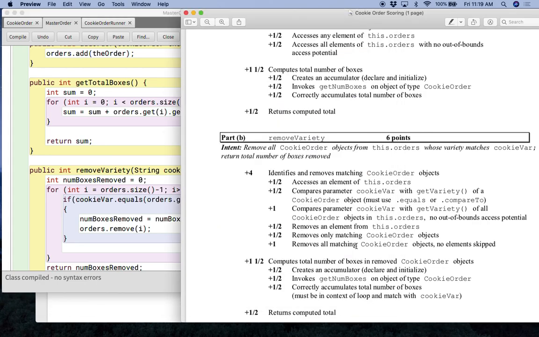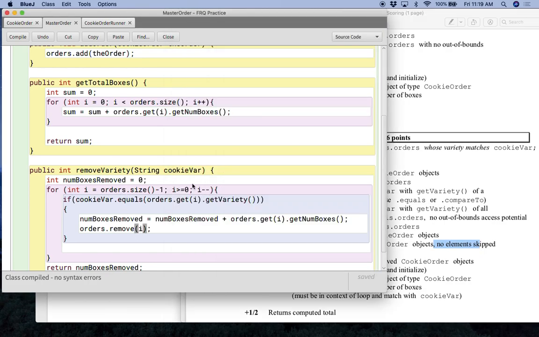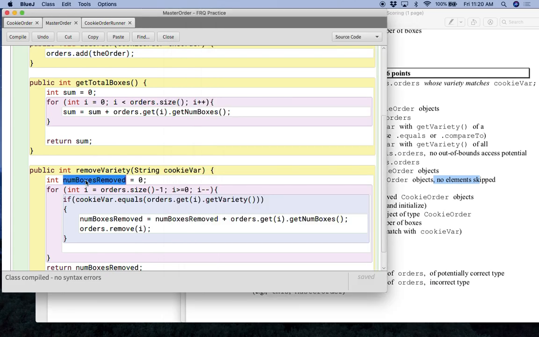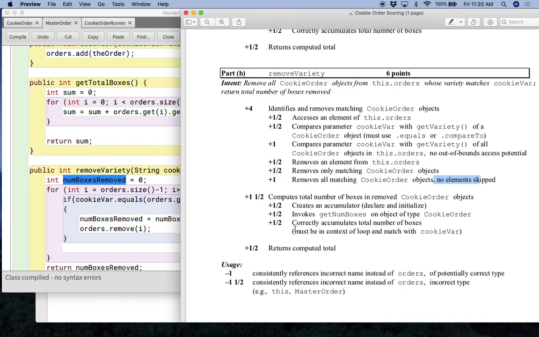And then this one over here, remove no element skip. Remove all matching orders, no element skip. That's why you need this reverse counting. If you did it forward counting, then you would have a problem where it actually would skip elements in some cases, because if you start counting from the beginning, when you're at element 1, if element 1 is a match, then the next time through, when you're checking element 2, you're not actually checking the next element. You're checking 2 elements later, because the one that was the next element has now taken the place of the old one. So, and then you get half a point for creating the variable,